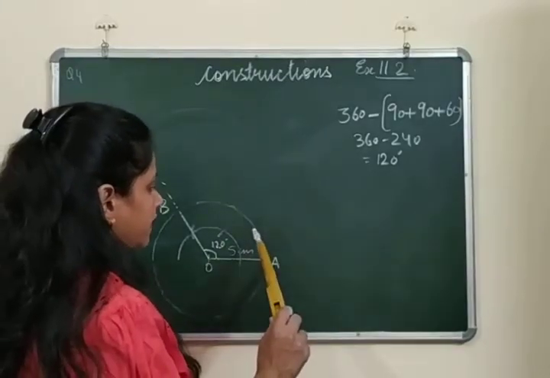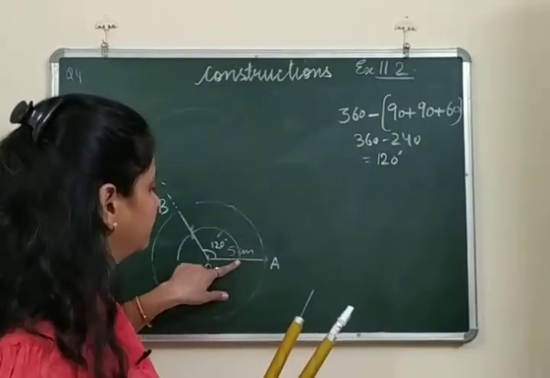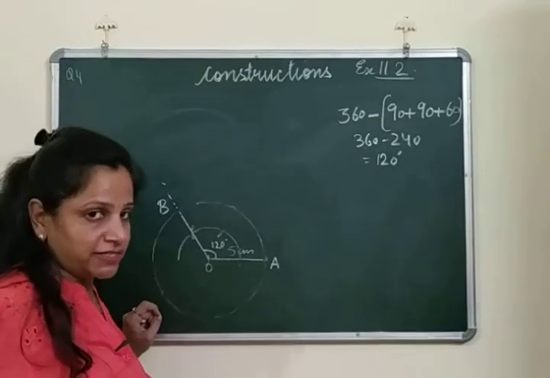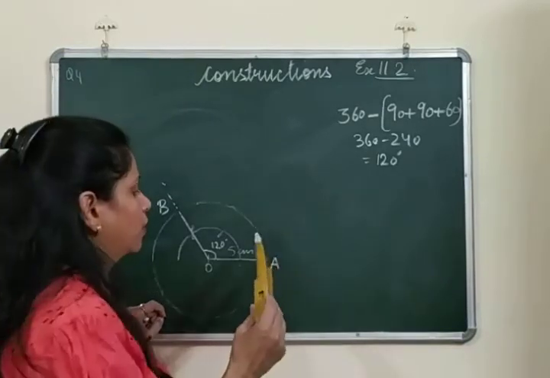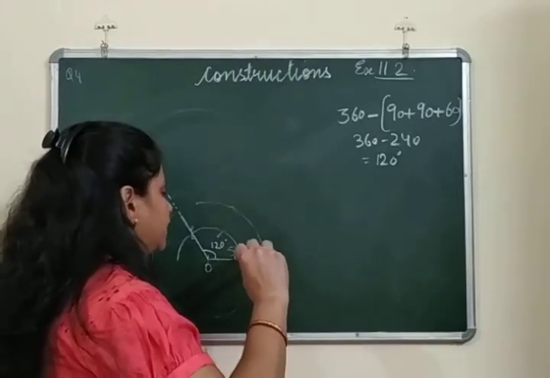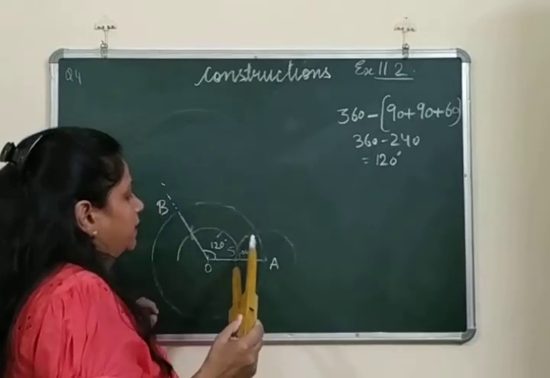So let us first make an angle of 90 degree. I hope everybody knows how to make an angle of 90 degree. If there is any confusion, I have already sent you one video for basic constructions, right? You can go in that video and you can see the construction of various angles. Now for making an angle of 90 degree, we make an arc like this,